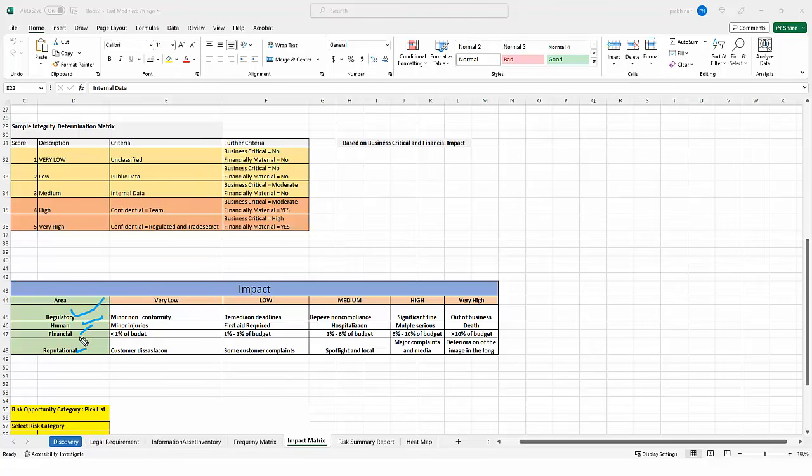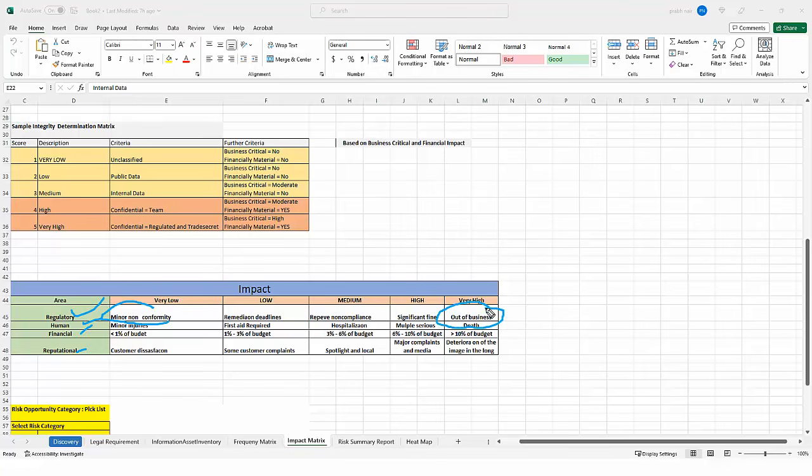So in this case, you can see there is a threat called a virus, which attacks the server, and the server is down. Because of the confidential data, we need to answer to the regulatory authority. Regulatory has a big impact. So here we have given very low as minor, but very high because it might go out of business.